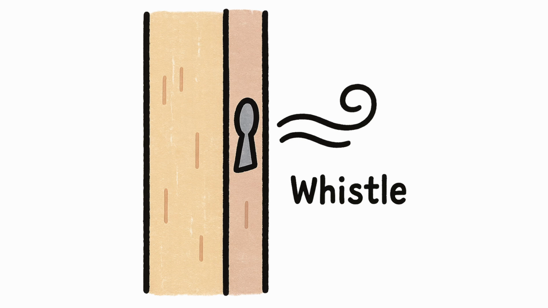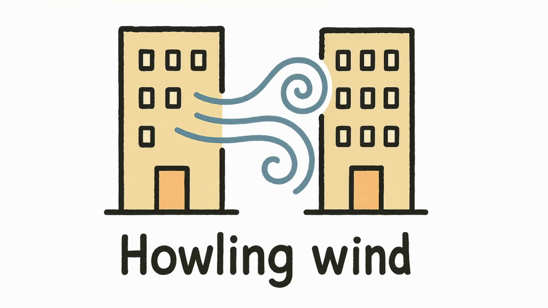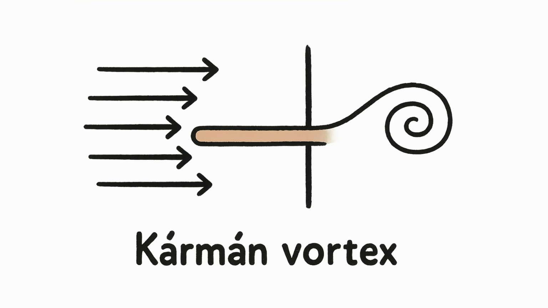These wind noises come in many forms. A whistle from a keyhole, a low moan from a chimney, a howl between two buildings. Each sound is the product of the wind's speed, the direction it's coming from, and the shape of the opening it's interacting with. Sometimes, when wind flows over rounded objects like wires, cables, or even branches, it can create something